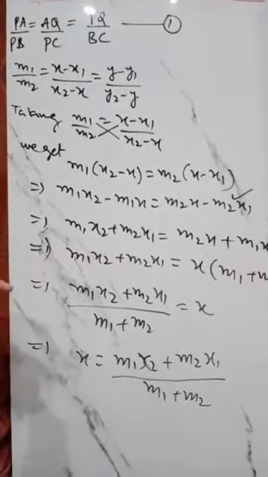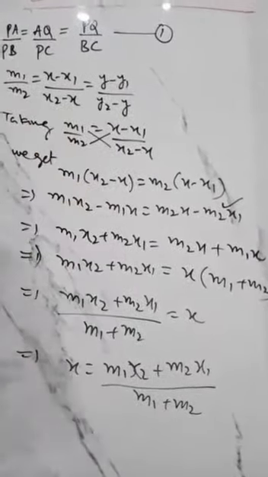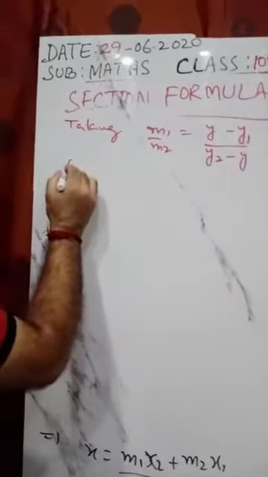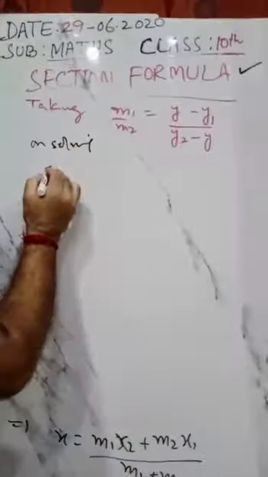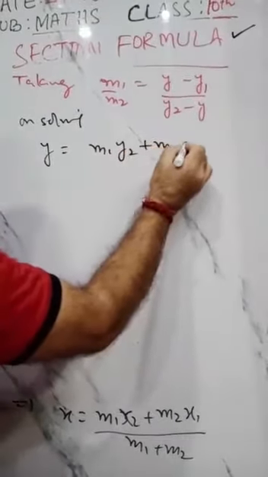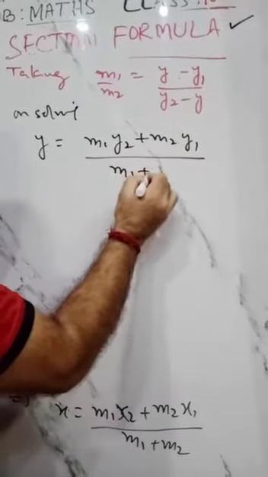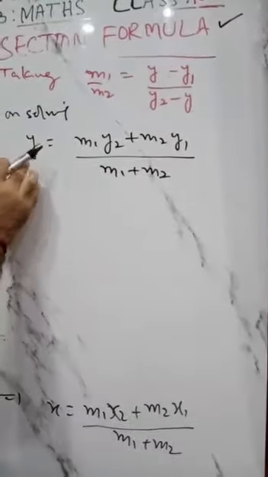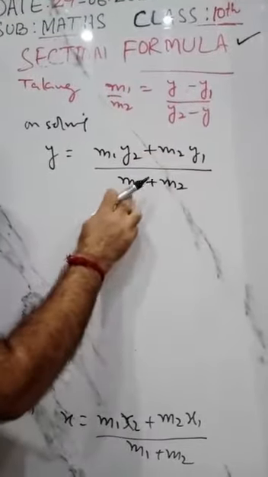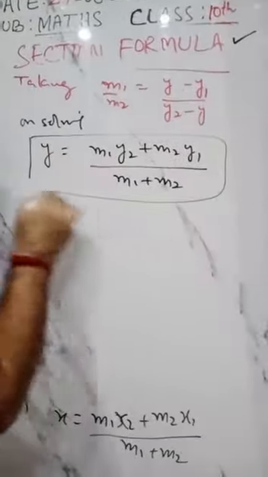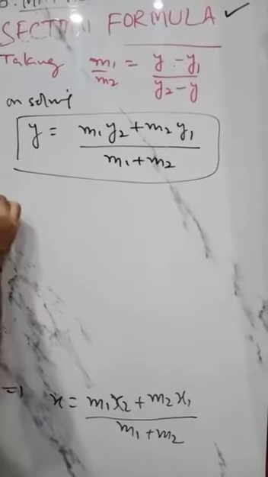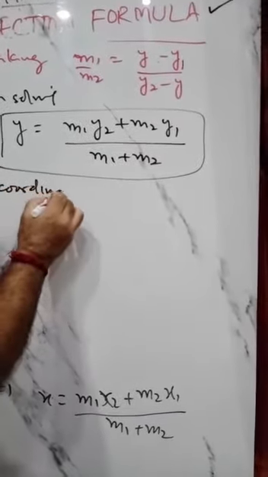Similarly, taking m1 upon m2 equal to y minus y1 upon y2 minus y, on solving we get y is equal to m1y2 plus m2y1 upon m1 plus m2. Solve it yourself, and you get the value of y as m1y2 plus m2y1 upon m1 plus m2. So these are the values of x and y. So we can write these as the coordinates